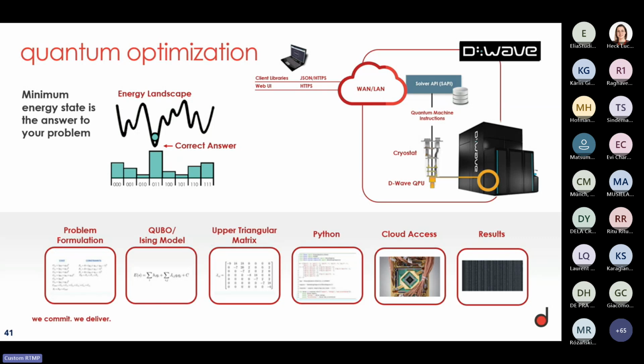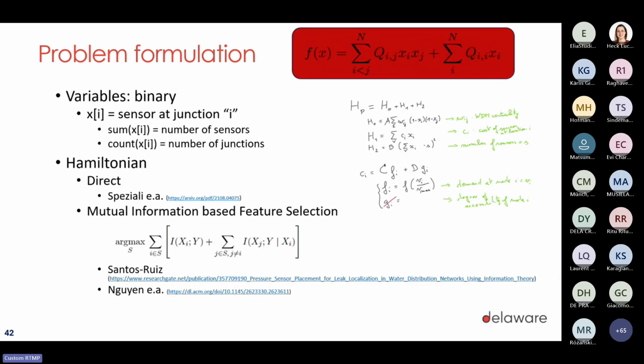So what I needed to do was to formulate the problem at hand: translate that network, with its demand, with its topology, and so forth, to a QUBO formulation. Again, the same wording as Jose was already mentioning. Actually, it was the same time that we started that you also started your exercise, so that's very interesting. As soon as you have that QUBO, you can run it against the D-Wave machine and you get an answer that you have to observe, whether it's good or not good. So that was a little bit the approach that we took. Here I just wanted to note down what a QUBO looks like.